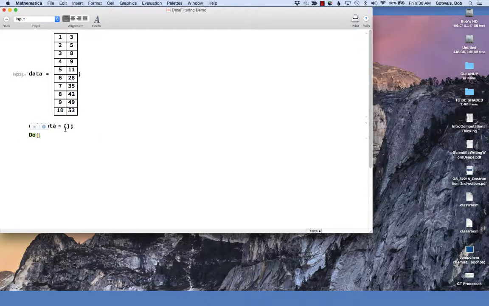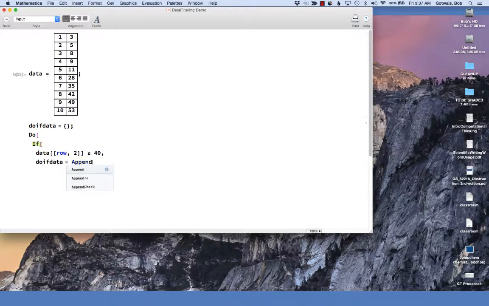So we're going to start off with a do loop here, and typical Mathematica, we start out with our square brackets. Then I'm going to have an if statement, and what I want to do is look at all of the rows in column 2, because column 2 is where I'm doing my filtering. I'm going to check each row starting at 1 and going through 10, and I'm going to use a greater than or equal sign, and that's going to give me the greater than or equal to symbol. If any of those rows in column 2 are greater than 40, then I'm going to put into my list of data called do if data,